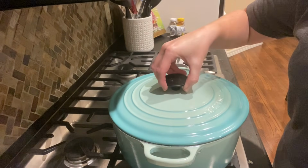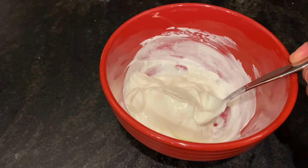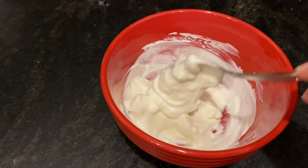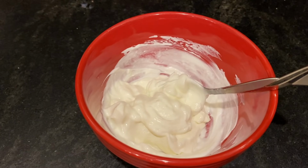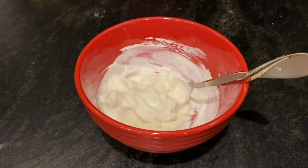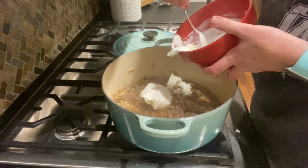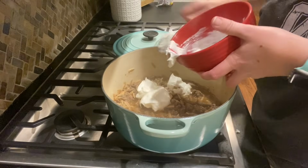Now I'm going to show you the final ingredient that I stir in at the end, and I want you to tell me what you think this is. Of course, it looks like sour cream, and if you're thinking about Swedish meatball orzo or a stroganoff style dish, you're probably thinking sour cream. But this is in fact Greek yogurt,